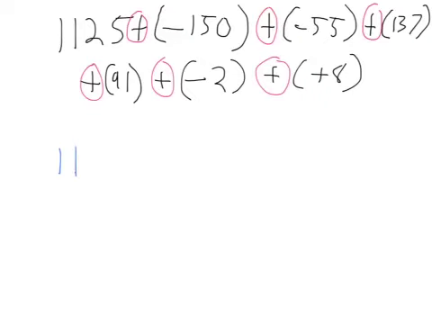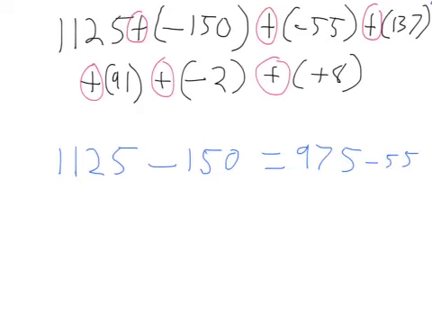So $1,125 minus $150 would be $975. If I then subtract another $55, I'm going to be at $920. From there, I'm going to add $137, and we'll be sitting at